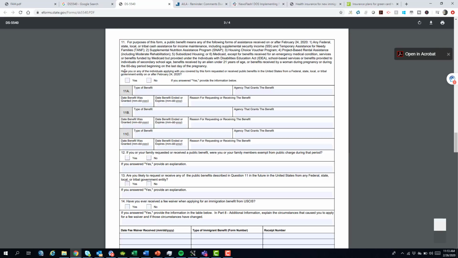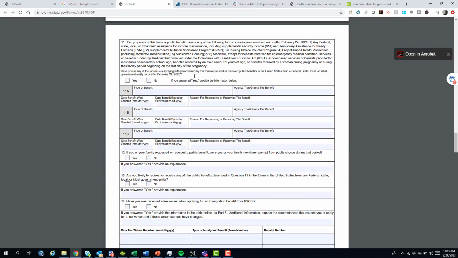So, and it says here, have you or any of the individuals applying with you covered by this form, requested or received public benefits, requested or received, right? So you asked for a benefit or you received the benefit. And so list that out, right? Again, honesty is important here. And you asked for that benefit from a US federal, state, or tribal government entity on or after February 24, 2020. So if you were here in 2018 and you used